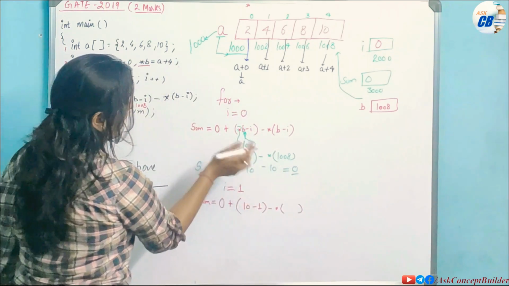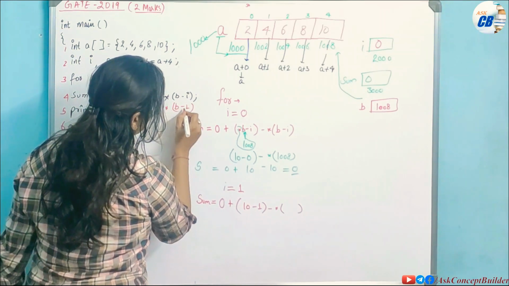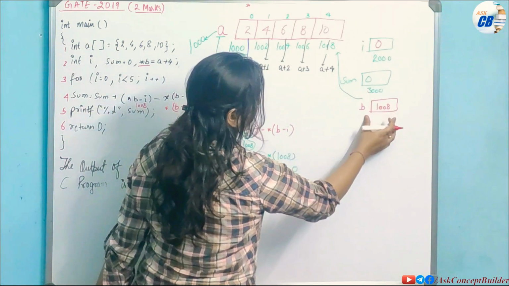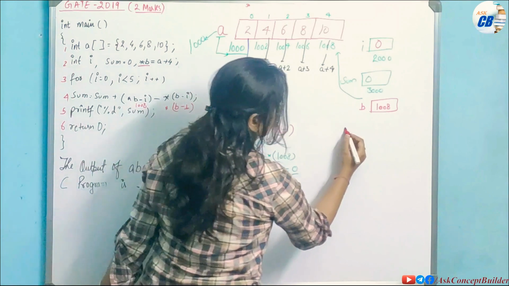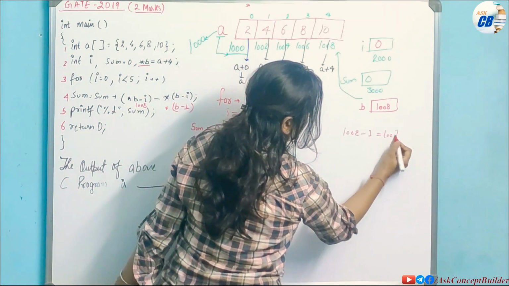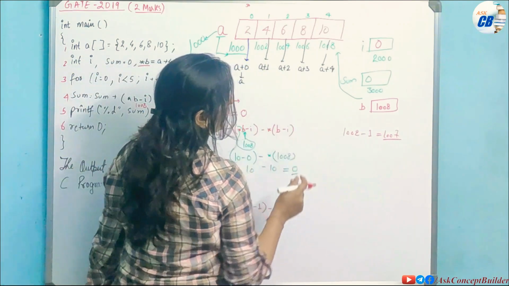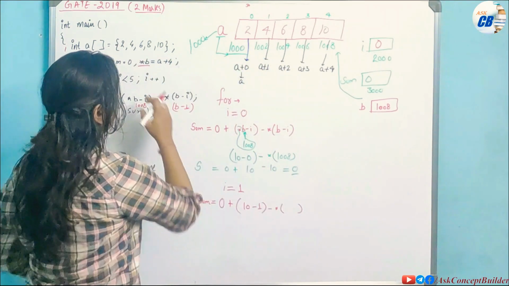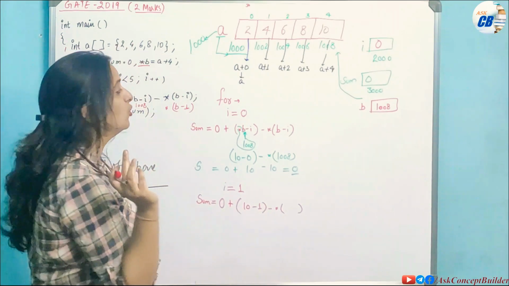Okay, what is this? Your I is 1. Now this is b minus 1, and then you have to put star. Now what is b minus 1? So b is 1008. Now 1008 minus 1 is 1007, and then we have to find the value also with star, but where is your 1007? Okay, so again you have not to do it like this. You don't do addition or subtraction directly; you have to see it like this.